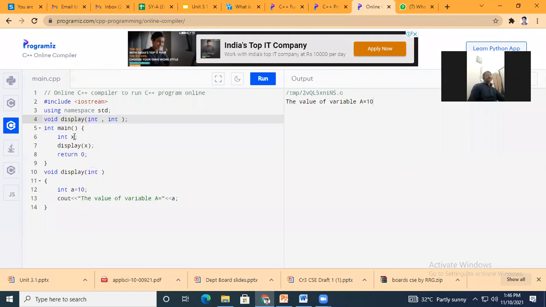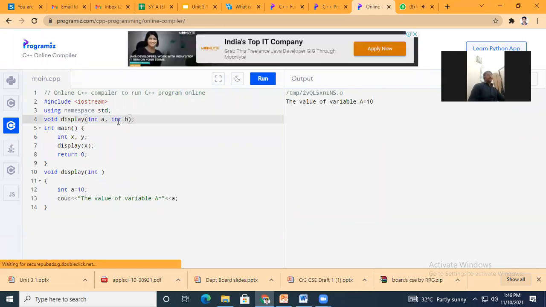Hello. Yes, sir. So if you wish to write an addition program, you need to have 2 arguments or 2 parameters. So I have written here in the declaration display int. Okay, I will write the name of the variable, let's say for your simplicity, for the understanding, integer a comma integer b. So what I wish to do is the addition of a and b.